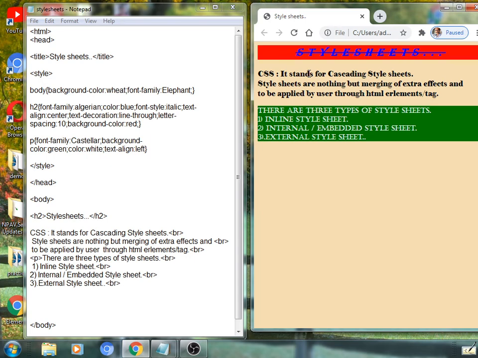Every alphabet, every character is placed 10 pixels from each other. It is possible. It's a most interesting part of advanced web designing, applying style sheets in a specified manner.